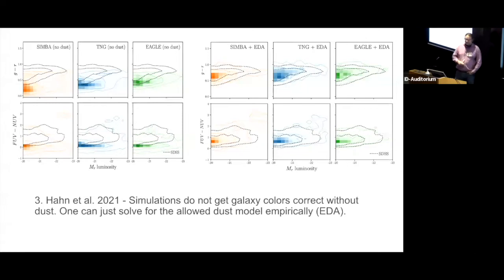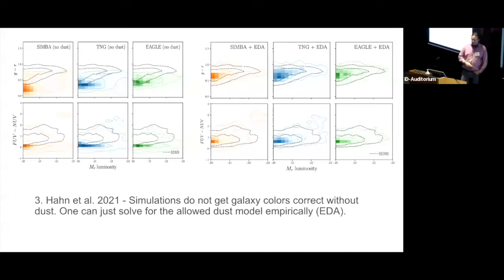The galaxies, of course, don't look anything like real galaxies. But then one could put in a dust model with 3 parameters and solve for the parameters that allow you to get a model that looks like the real galaxies, and therefore find out what the necessary parameters of the dust model are, and then you can use that to make other observations. So this is an interesting framework to think about dust, and a good way to possibly deal with it if